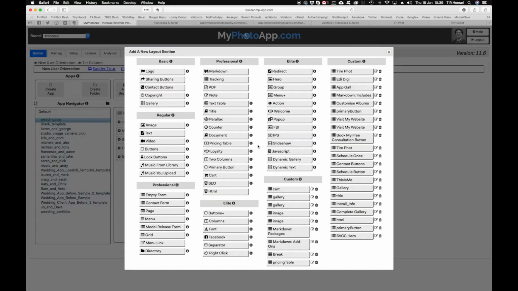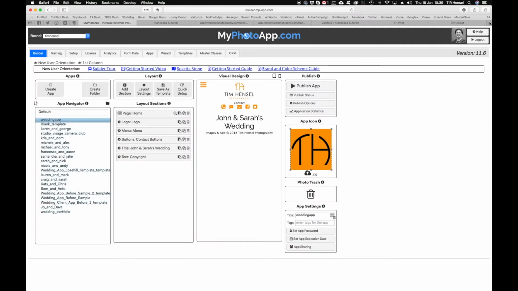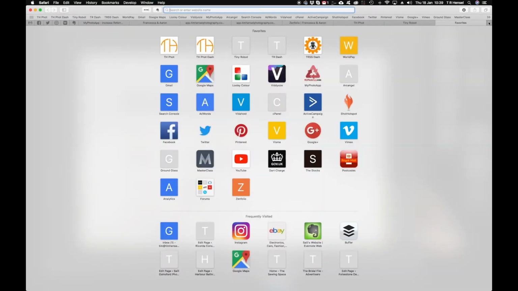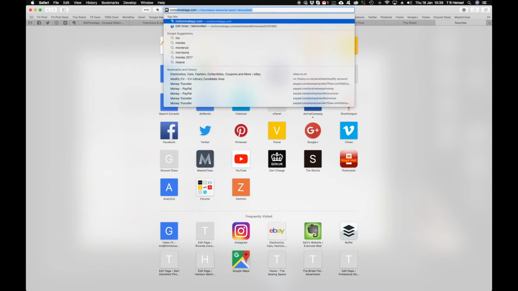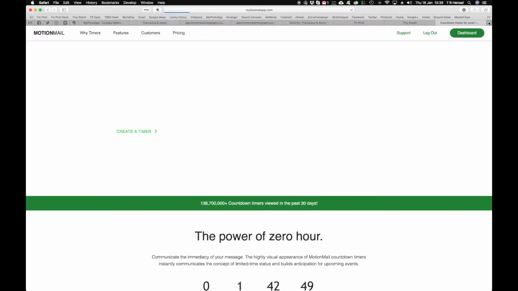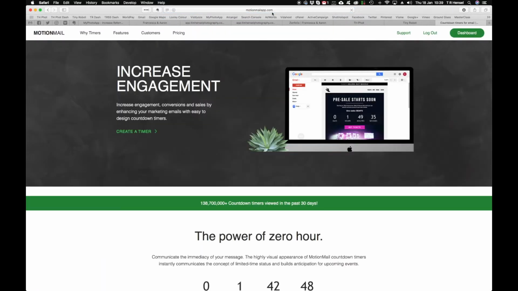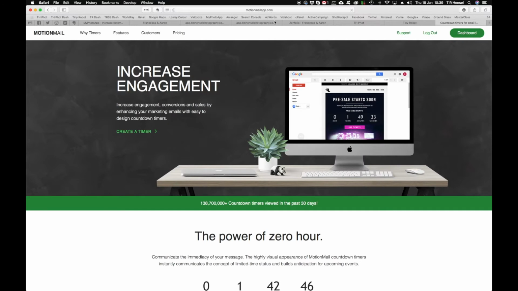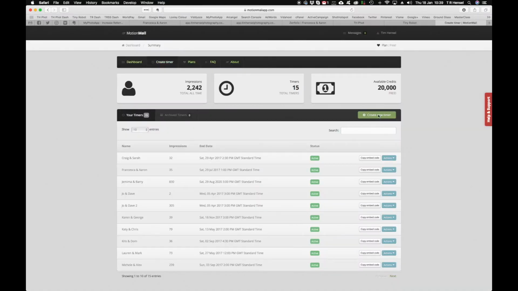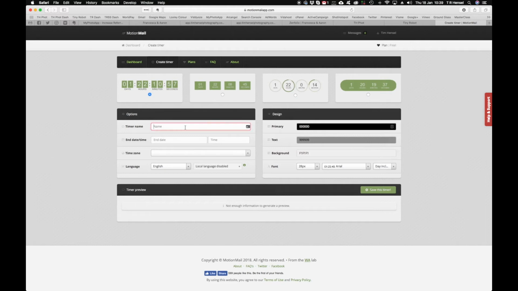Now there is a timer section within MyPhotoApp, but the one I like to use, and Jim suggested this himself, that's Jim Cook, the godfather of MyPhotoApp, and that's called Motion Mail. So go to Motion Mail app. I'm going to give you all these links at the end anyway, so don't worry. So we're just going to go to Create New Timer, and we're going to give the name of our couple,